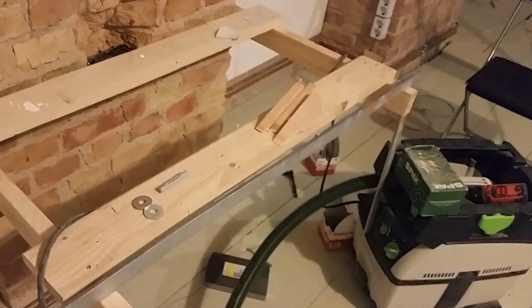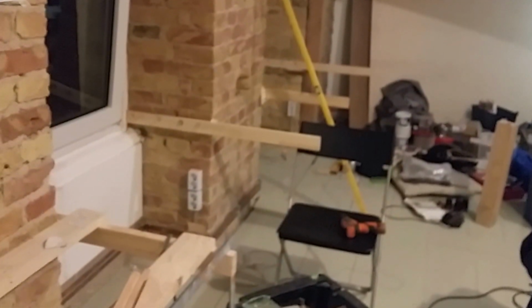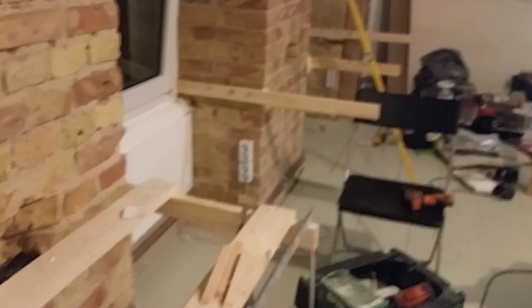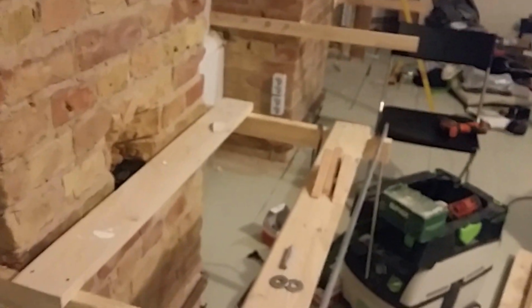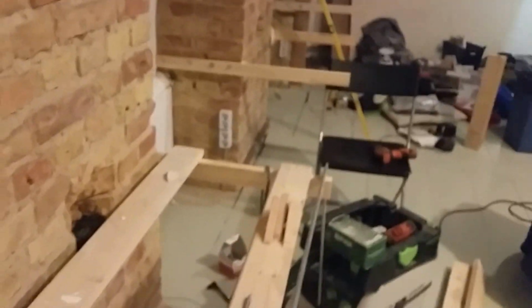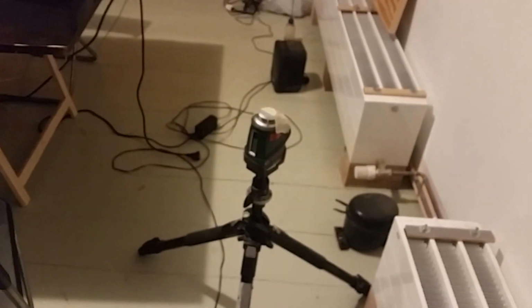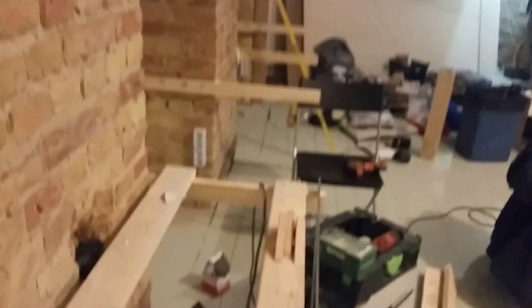So this is the brace that I was talking about earlier. So we came out of the wall. These pieces are actually about 10 centimeters longer than they're supposed to be, and once we're done with the whole thing, we will line it up with a slack line or a rope line or a laser level. This thing right here, probably. It's a super practical thing. And then cut them all up at different sizes, which are the right sizes,